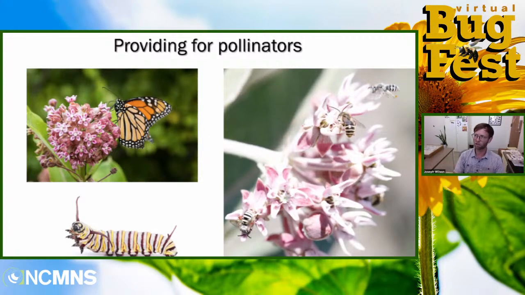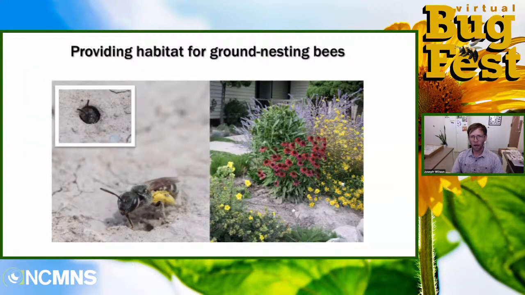So we've talked about food for native bees. What about habitat? To provide habitat for ground nesting bees, what you need to do is provide some ground. Often these ground nesting native bees like bare patches of dirt. They don't like a lot of vegetation covering it. So in between my flowers in my front yard, I have left some bare dirt. I try to avoid thick layers of mulch or ground cloth to provide habitat for bees. And in fact, in this dirt right here on the right, I have these little sweat bees that are nesting there that we see on the left.